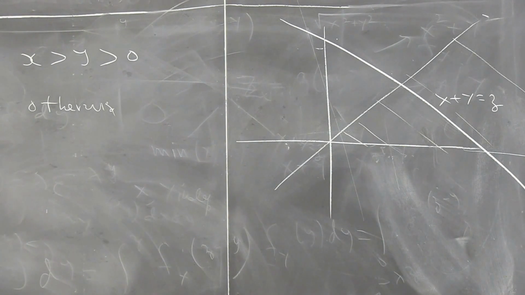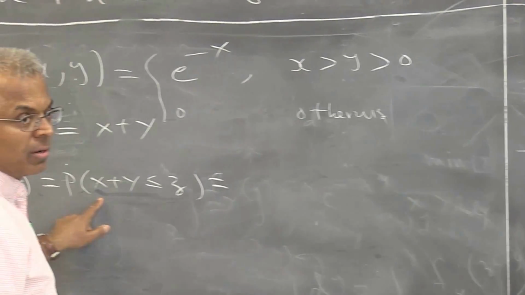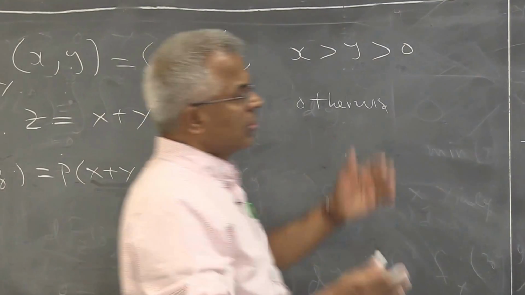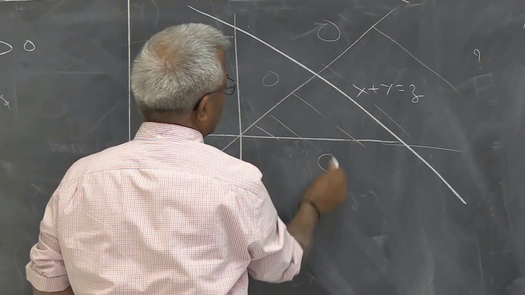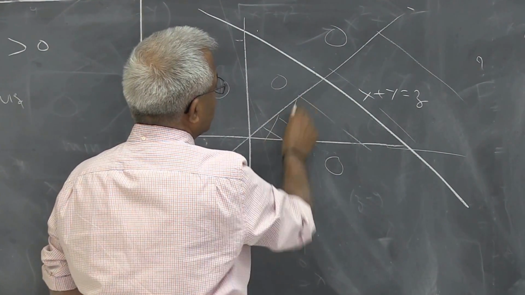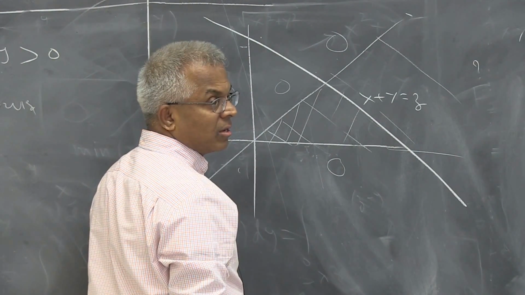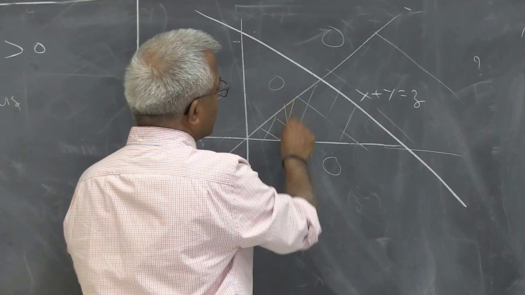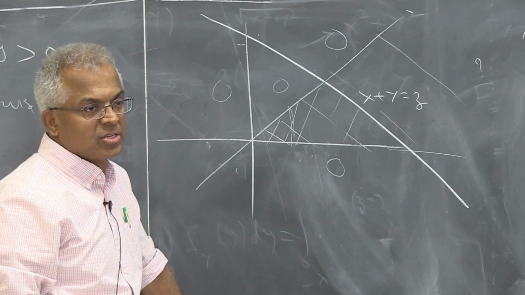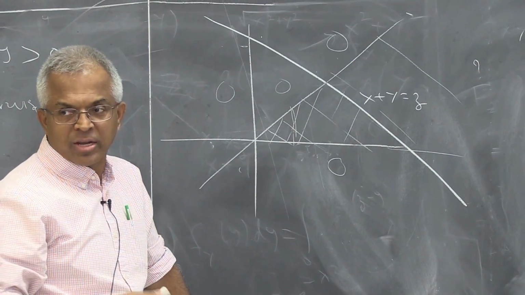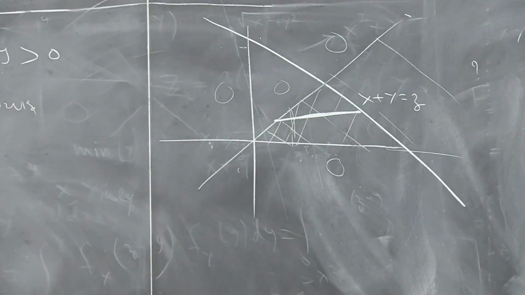We want the probability of x plus y less than or equal to z. Where is the region where this inequality is satisfied? Anyone? Remember, it's to the left of this line, but the density function is 0 everywhere except here, right? So you integrate here. Which way should I take a strip? Anyone? Look here. If I take a strip like this, what happens? This strip will go like this up to here, then the limits change. Horizontal is easier here. Both ways you can take, but if you take a strip like this,